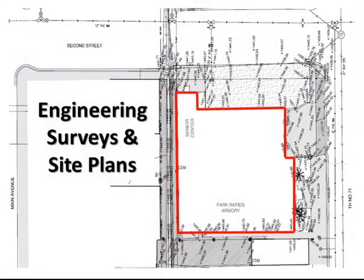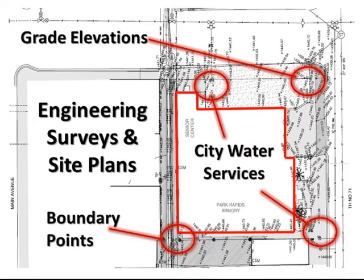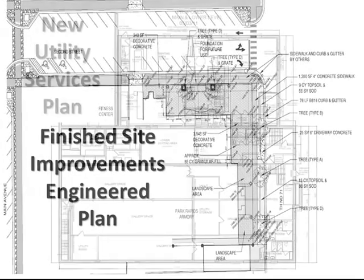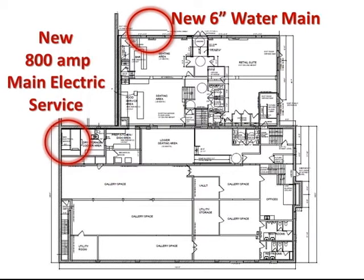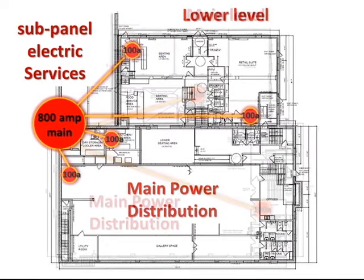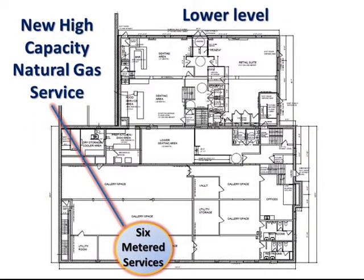The engineering process starts with a site survey and site plan to identify boundary points, site grading, the locations of city sewer and water services, along with a development plan to remove the existing hardscape and redesign that public infrastructure for new sewer and water to service the building, which also included a new 6-inch water main to provide adequate water for an automatic fire sprinkler for the building, 800 amp electric service with power panels distributing power throughout the building where needed to service a modern building, and of course modern utility services,